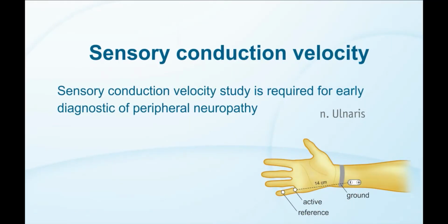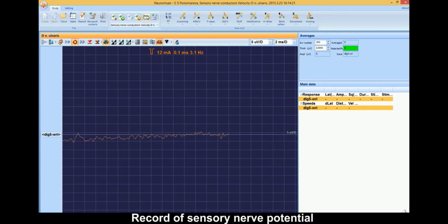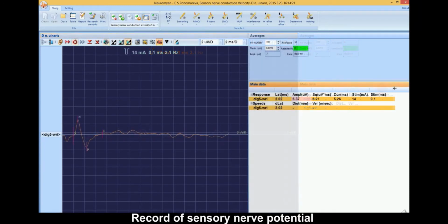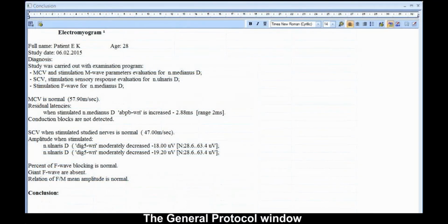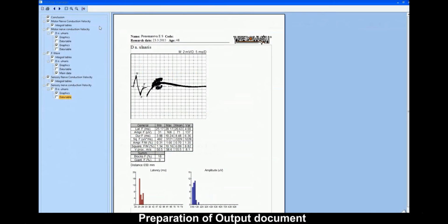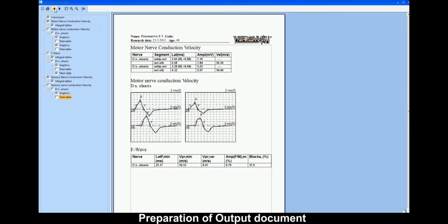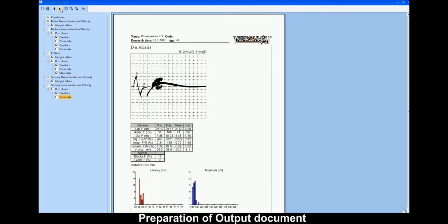Sensory conduction velocity study, record of sensory nerve potential. Integral tables for carried out techniques compactly represent the number and results of the test, which allows a physician to ascertain the need for further tests and choose the type of these tests. General protocol is automatically generated for all the tests after analysis and comments on the techniques. Print Manager unites all the obtained results, signals, calculated and integral parameters, and physician's comments on each test into one